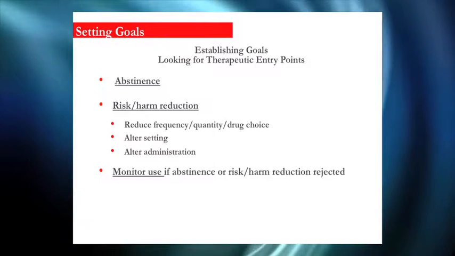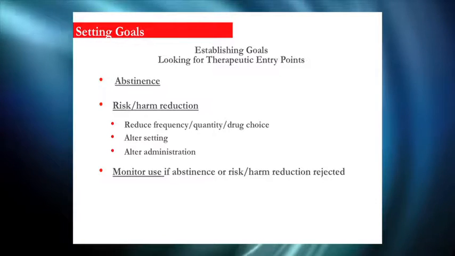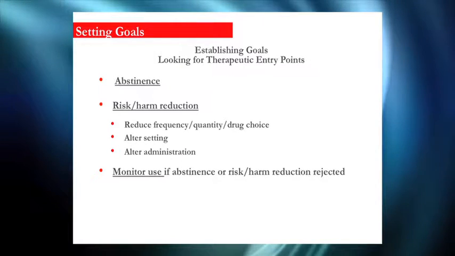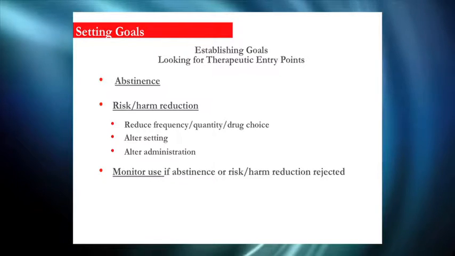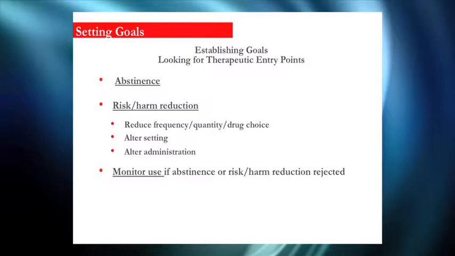If they pull back, see what you can get the person to do in the risk harm reduction, which could mean many things. Risk harm reduction can mean reducing frequency, quantity, or the drug choice. How often, how much, go from polydrug to single drug, all of those are better. It's not great. Alter setting. What would be, for a teenager that spends 9 months of the year in school, an altered setting, one that would be a plus?